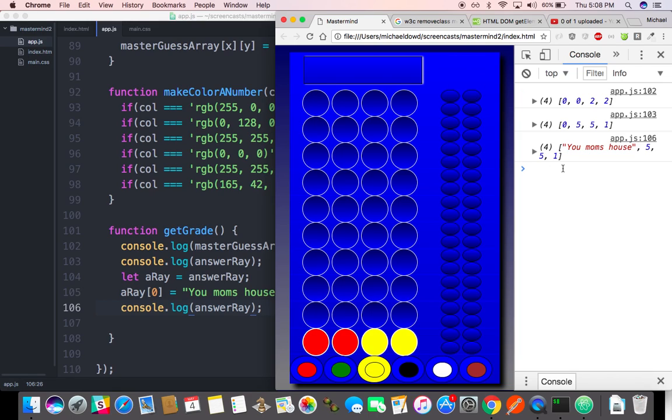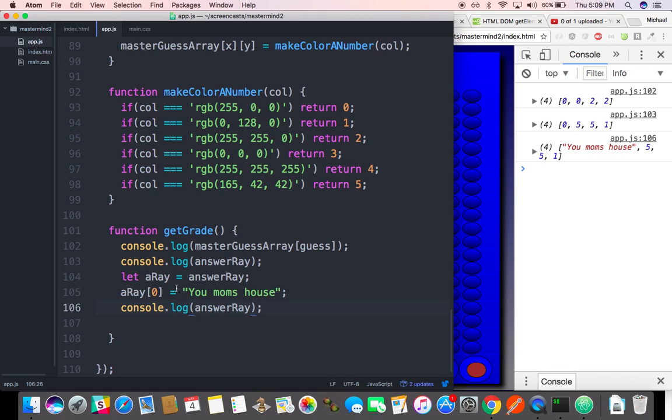Submit. What? Your mom's house? Why doesn't it say 0, 5, 5, 1? It says your mom's house. Array has your mom's house in it, not answer array. It's because